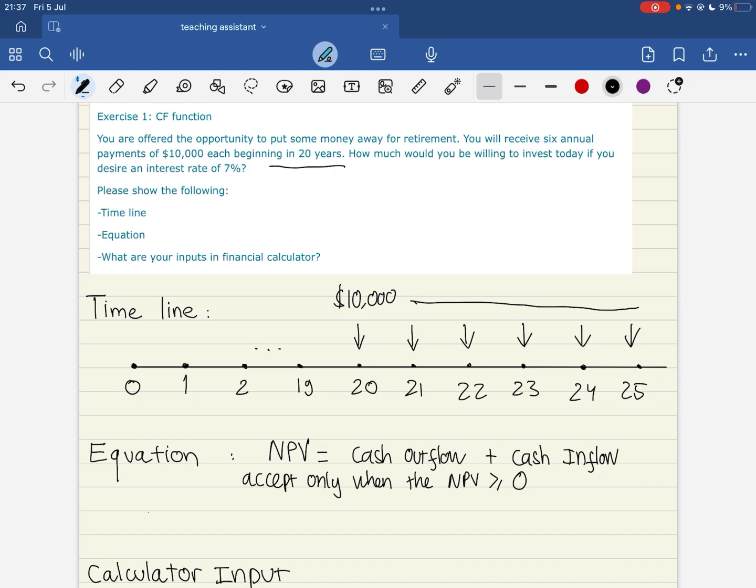So for this exercise, the question is very obvious. They ask you, how much would you be willing to invest? The answer is you will be willing to invest